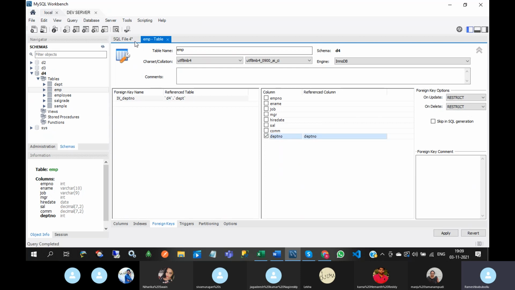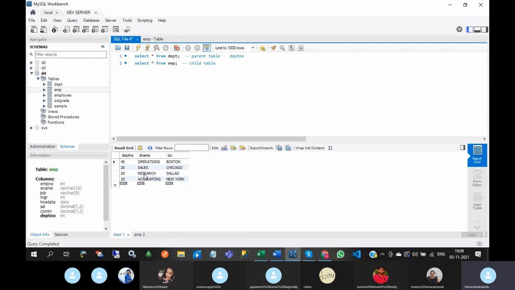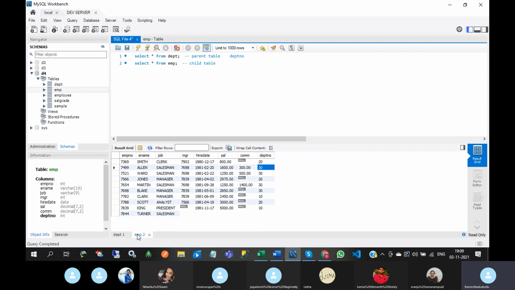Why is it required? First we will create the department numbers, and then we will assign the employees under the department numbers. Without creating the department number, we can't assign the employees.